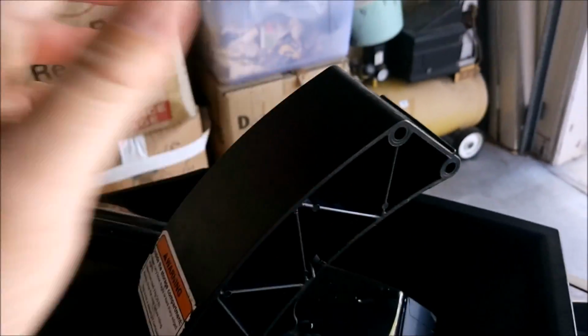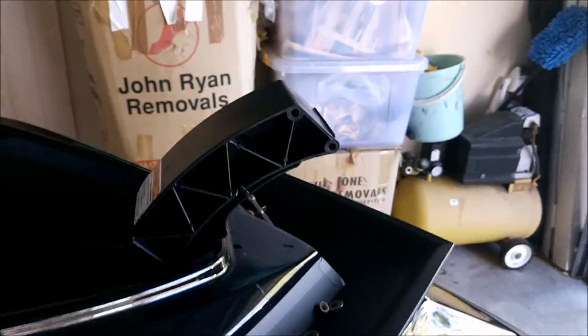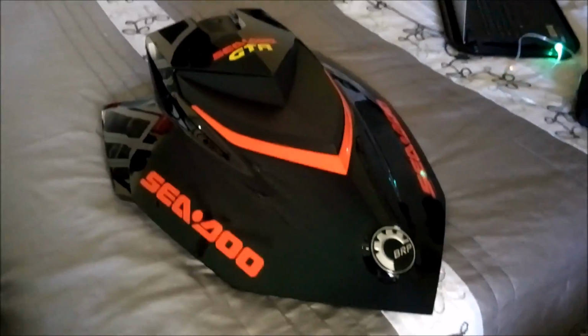There's some force, nothing major, and that's the bolts that are left over, ready to go back in, all stainless. So now it's just a matter of separating those two bits. So here it is. I brought it onto the bed, nice and soft, got plenty of room to move, and nothing gets scratched. But it's just a matter of